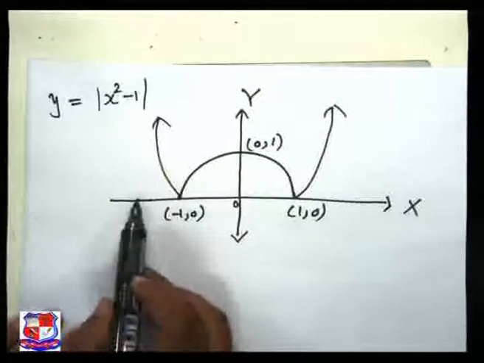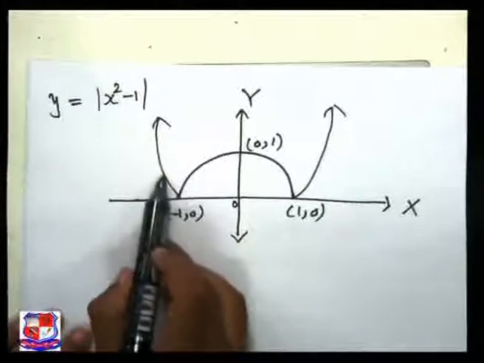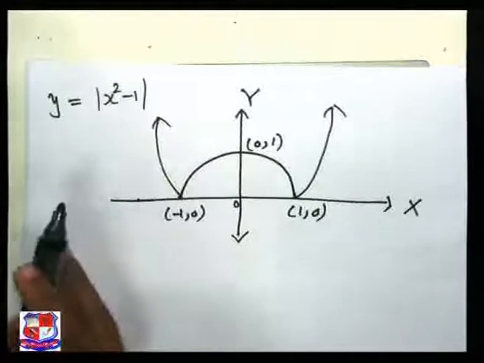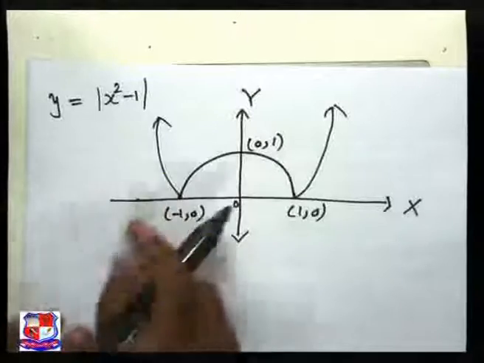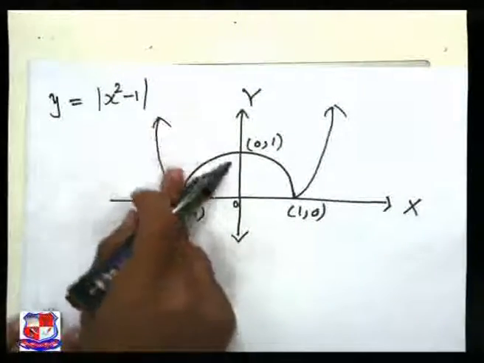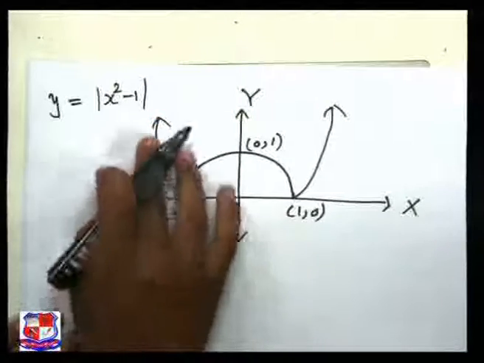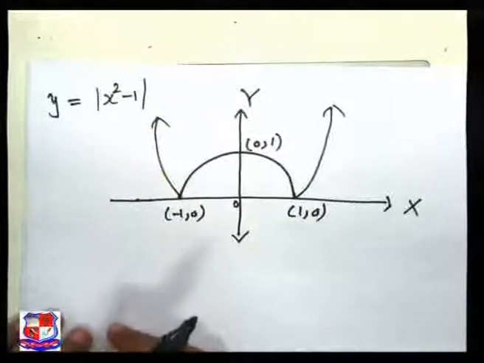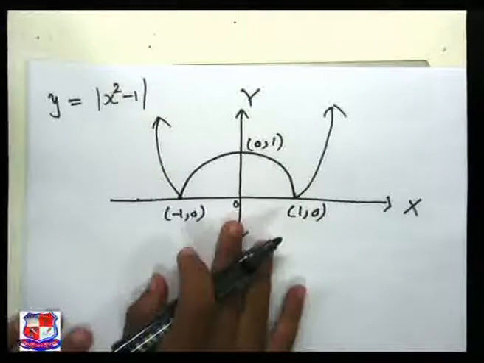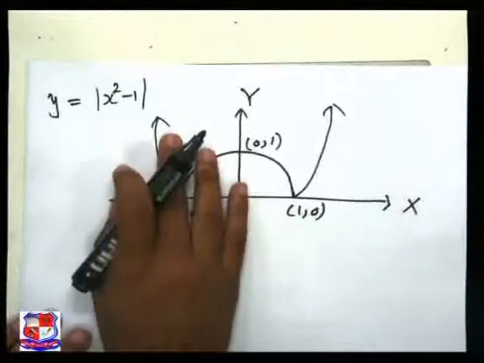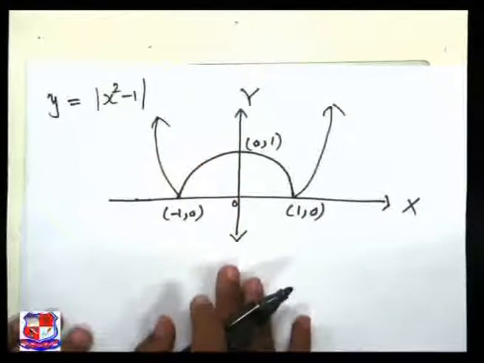When x is minus 2, you can see the value of the graph is increasing, right? So when x becomes smaller and smaller, the value of the function, the value of the graph, is increasing. So that's why when x is less than minus 1, the graph is basically decreasing. Okay, so here we sketch a graph y is equal to modulus of x squared minus 1, and also